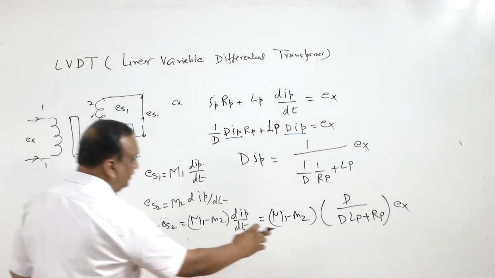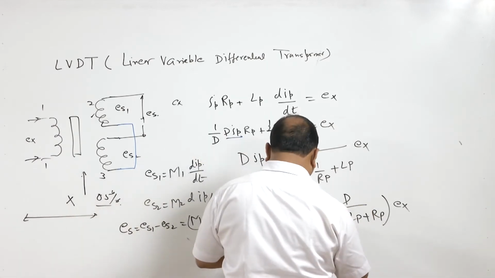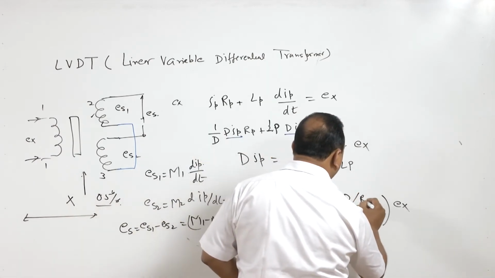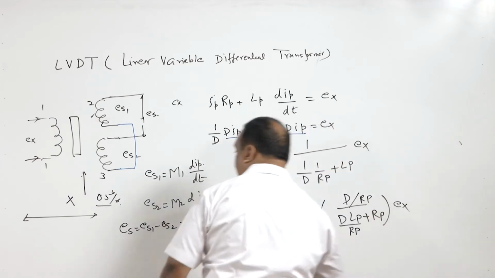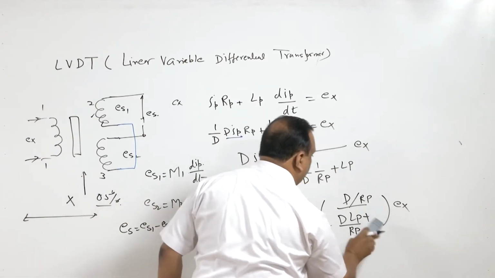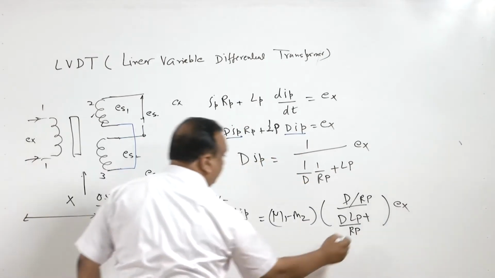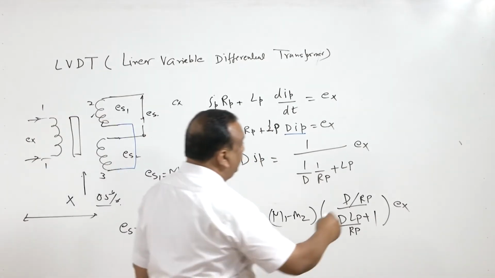Now from here, if we divide this by RP, this is also RP, and here it will be one. Now LP by RP